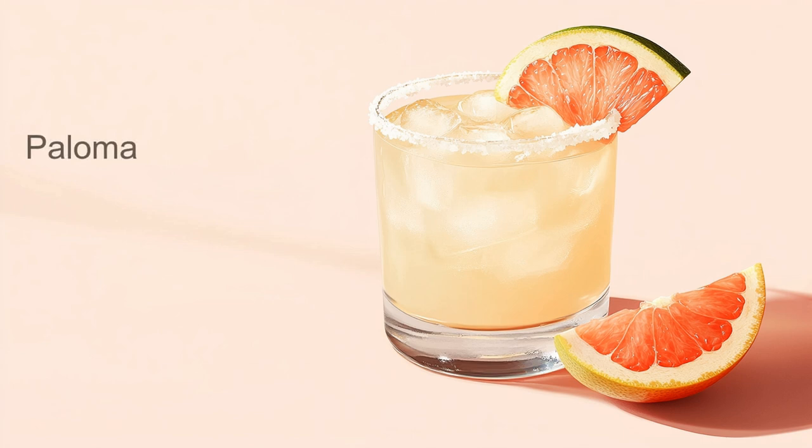The Paloma is a refreshing Mexican cocktail made with tequila and grapefruit soda. It's a perfect balance of tangy, sweet, and salty flavors, making it a popular choice for those who enjoy a